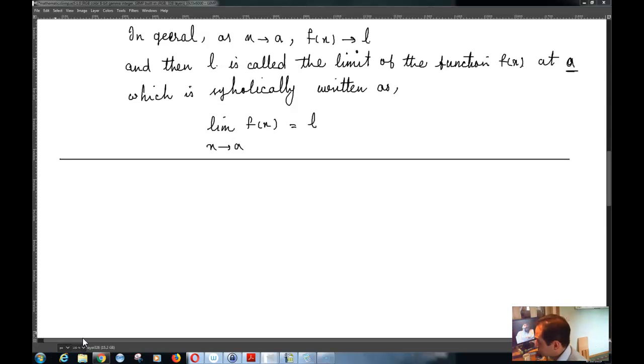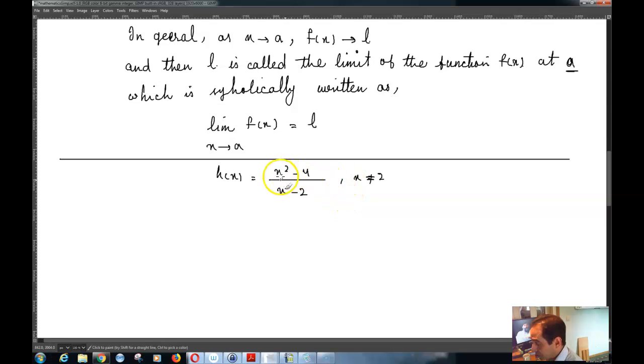Okay, so now let's suppose that you have a function, for example h of x. h of x is equal to x squared minus 4 over x minus 2, x is not equal to 2, because if you set x equal to 2, then you're going to get a 0 in the denominator. Also, you would get a 0 in the numerator, you would get 0 by 0. Now, if you compute the value of h of x for values of x very near to 2, but not at 2,